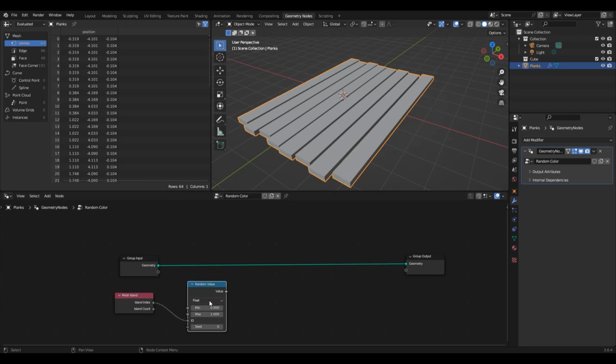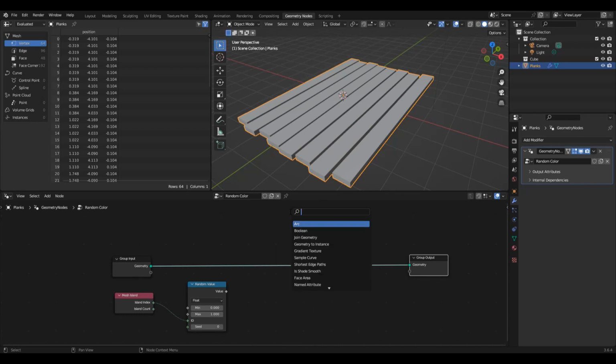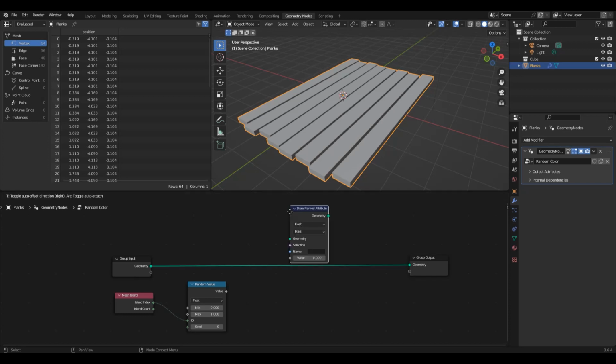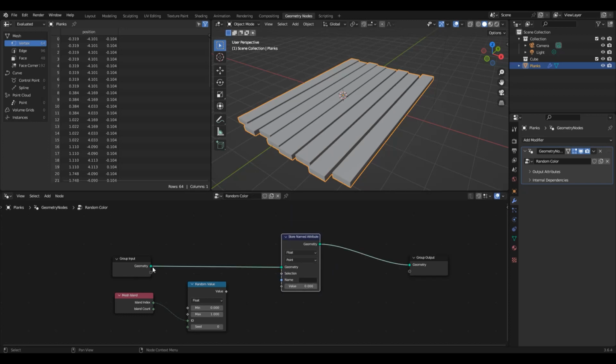And now we need to store this value within our geometry. So the geometry nodes can also be used just to store values as well. So let's go to, I think it's attribute, and let's do store named attribute. As you can see here, the geometry data is now being intercepted by this node. This node is going to essentially convert some of the data, and we're going to store it in a value named cull as such. Now notice when I did that, I now have a new data point over here, and as you can see, cull and